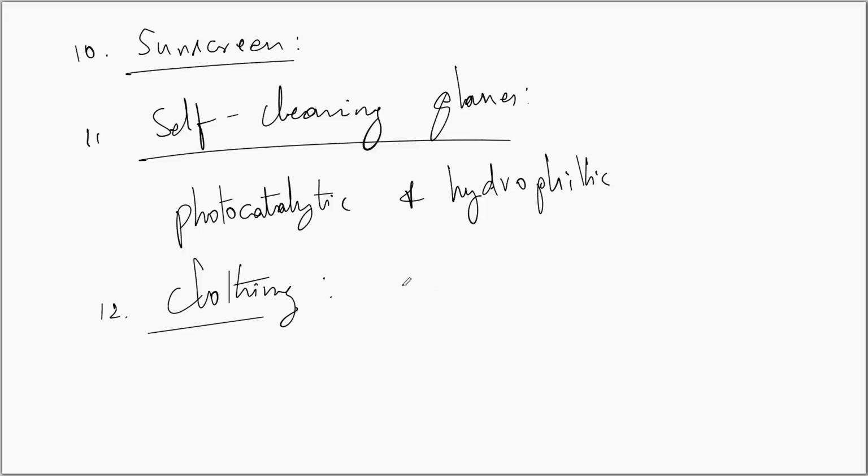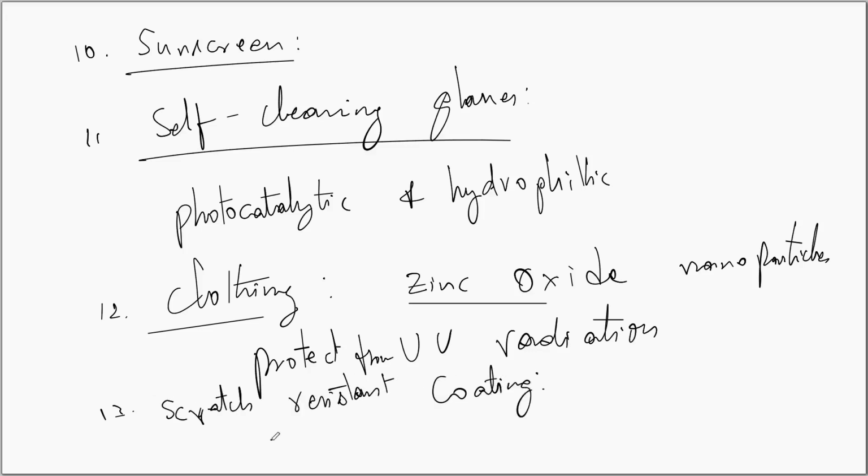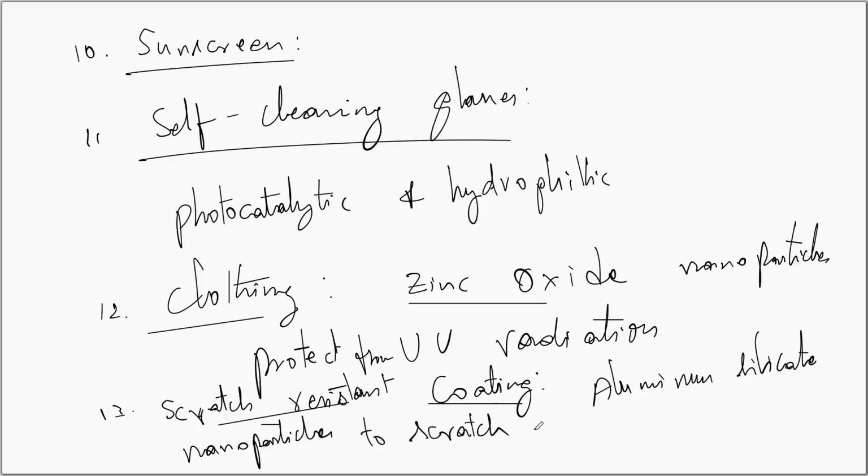Clothing. By applying a thin layer of zinc oxide nanoparticles, the zinc oxide nanoparticles can protect from UV radiation. Scratch-resistant coating. Adding aluminum silicate nanoparticles to scratch-resistant polymers makes them more effective. So we add aluminum silicate nanoparticles to scratch-resistant polymers to obtain much more effective scratch-resistant polymers or scratch-resistant coating materials. The list goes unending because of the recent